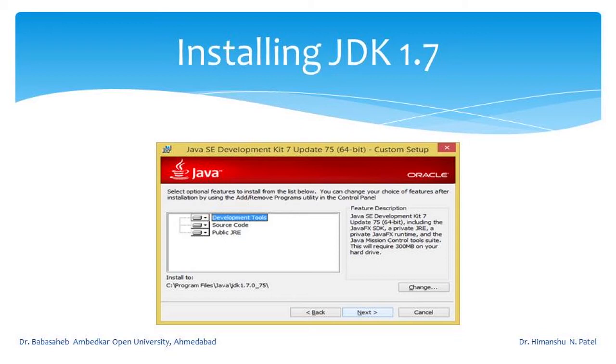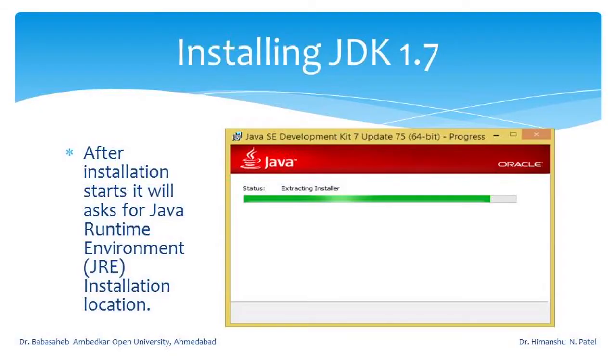Here by default it is a Program Files folder with the version name, but suppose you want to install it in D or E drive, you can also change that. So, once you change this path or use the default path, then you have to press the next button and installation will start. You can see the progress of installation by this progress bar, and in between it will ask for installing Java